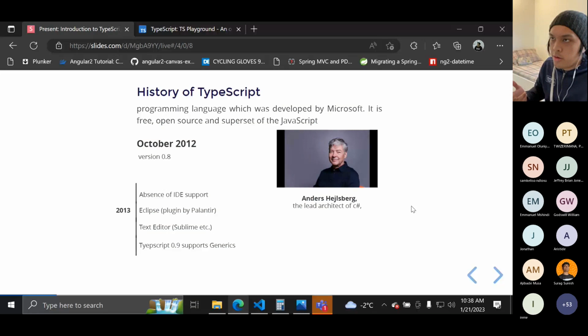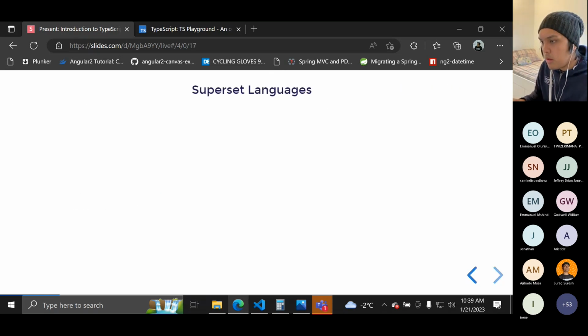With that kind of improvement, TypeScript already supports generics. And around 2014, it was not beta anymore, and it was released to the public, and it's now called TypeScript 1. So TypeScript has a really good start, and at the same time, it allows other developers to see its capability. They have developed different kinds of technologies and plugins that support TypeScript, making TypeScript easier to use for several developers.